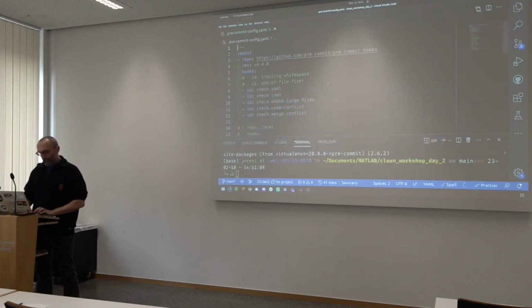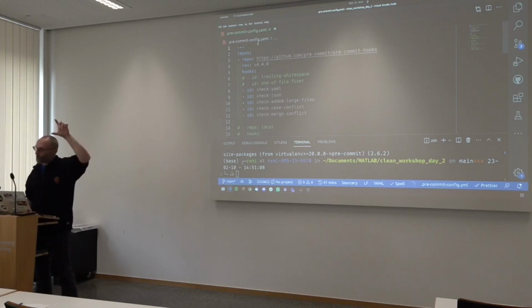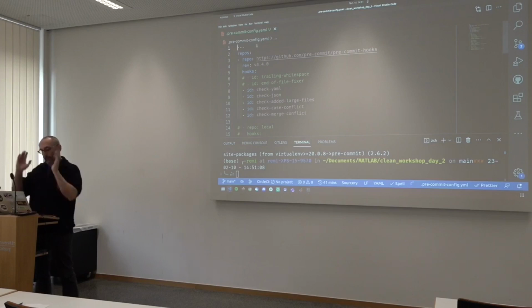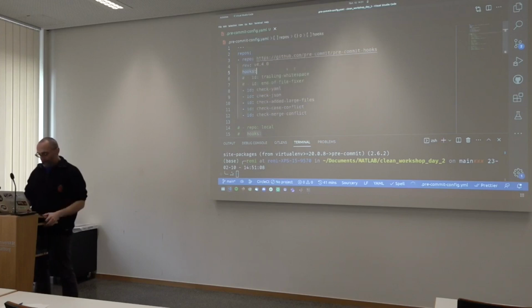So this is a .yaml file. This is another type of file you may have to work with. If you use R Markdown, for example, you may be familiar with them, because usually the few lines at the top of your R Markdown file are like a YAML header, and it has this very specific format where you have to respect a certain number of indentation and things like this. So this is a YAML file.